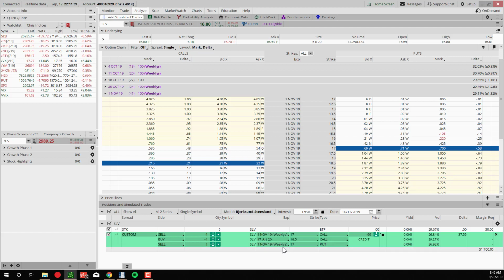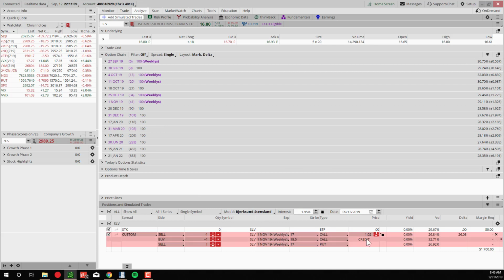So that's another option. That would add basically a calendar or diagonal component to your trade. But going back to this, you have basically 41 days, $2, and you want to sell it, buy it back around October 4th,